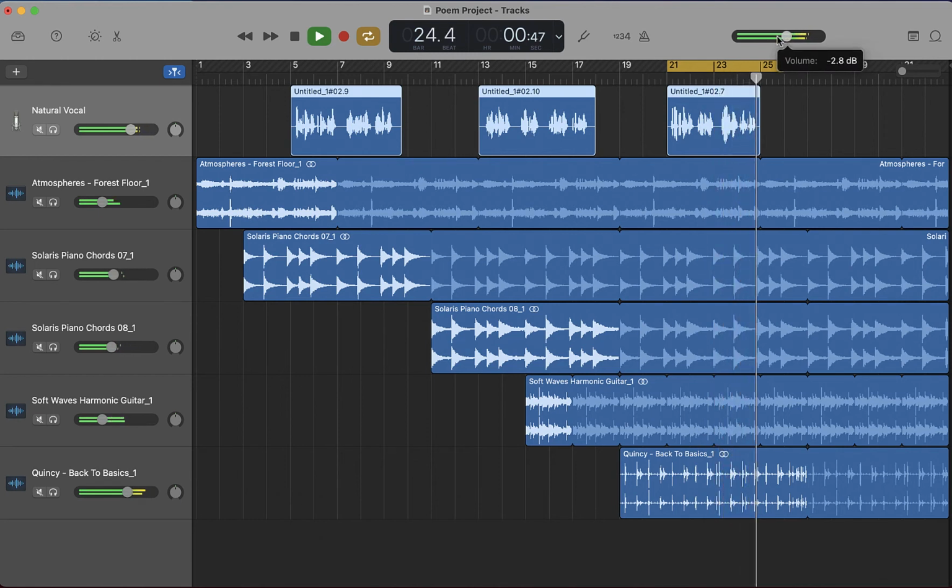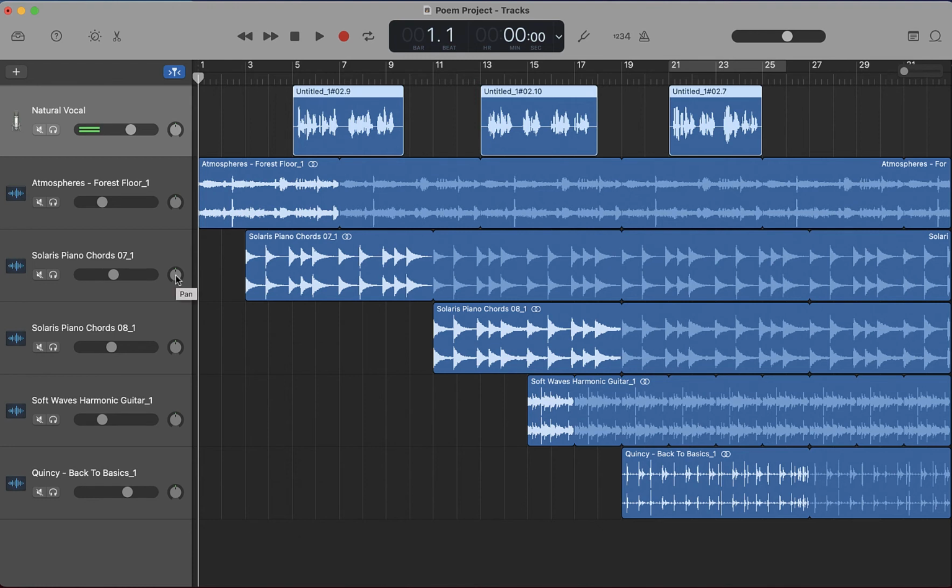Sounds pretty good. I'm going to turn down the master volume a little bit just to get out of the red zone there in the master volume. So I'm just going to drag the slider now for the master volume because I've got everything else sounding the way I like it. And so now I'm ready to